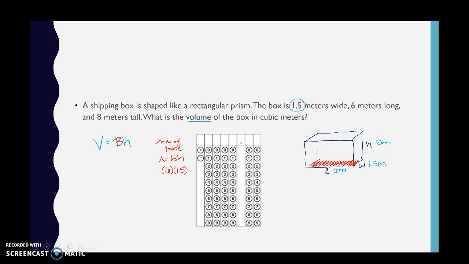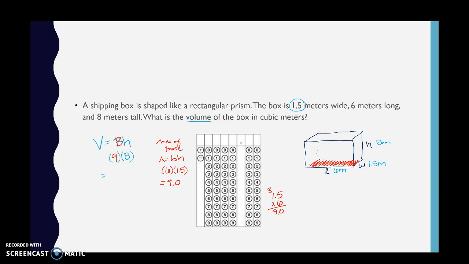Press pause, guys. Okay, so we all should have gotten 9 for the area of the base, so I'm going to plug 9 in, and then multiply it times the height of the prism. So height of the prism is 8. So 9 times 8 is